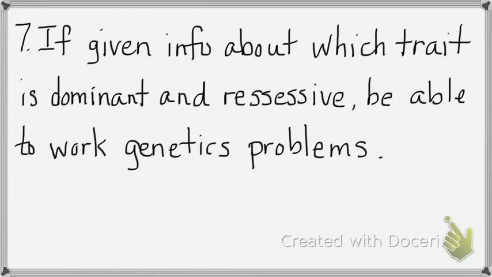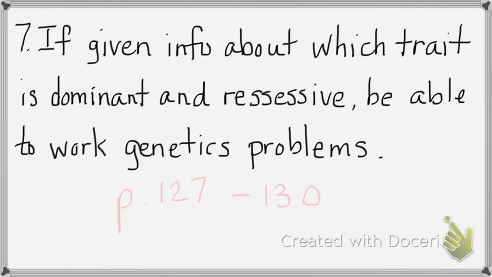Okay, so number 7 says, if I give you information about which trait's dominant, what's recessive, be able to work genetics problems. So I do want to tell you that we did that together. Page 127, I believe we worked some problems at the bottom of the page about Nancy and her family. Then look on page 128, there was Joe and Henry. We had cystic fibrosis, Huntington's. Page 129, we did some work on color blindness. And then at the top of page 130, I think we did numbers 3 and 4. So if we worked it, then you need to go back and reread it. So page 127 to 130, go back and